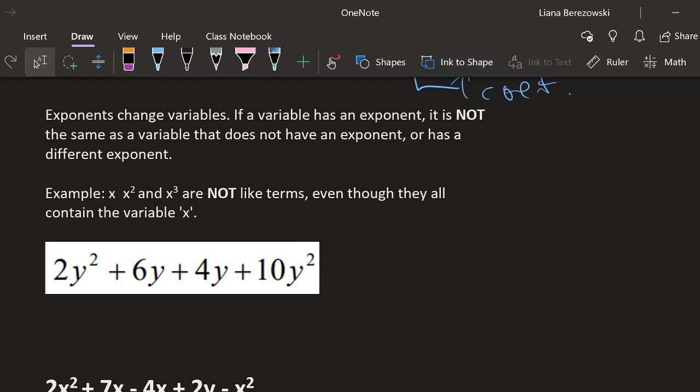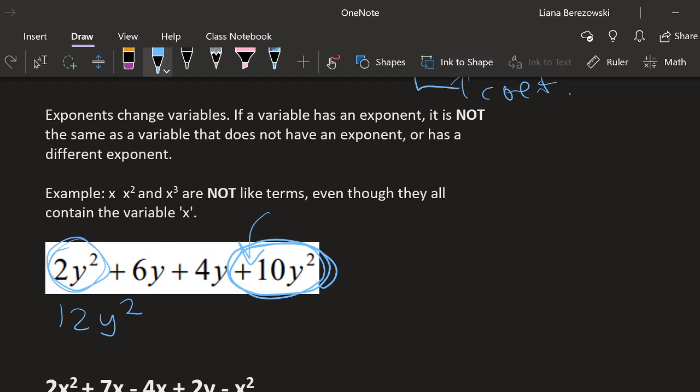So the first term that we have, 2y squared, has a kind of a friend in this equation right at the very end, plus 10y squared. So you guys have to remember to take that sign that's associated with the term. So 2y squared plus 10y squared. That tells me that I'm adding them together, not subtracting. So 2 plus 10 is just 12, and then the variable stays the same. So 2y squared plus 10y squared is 12y squared.